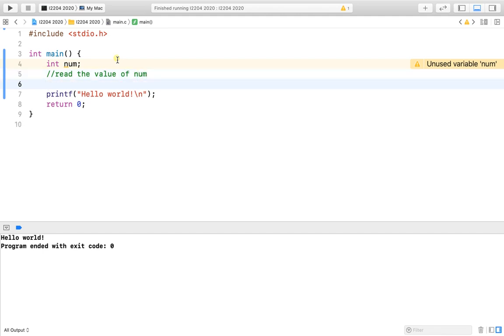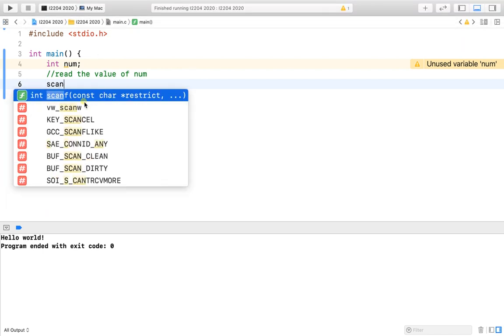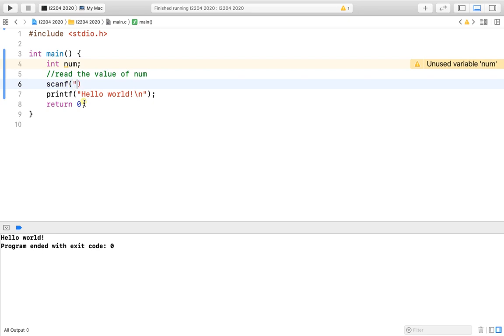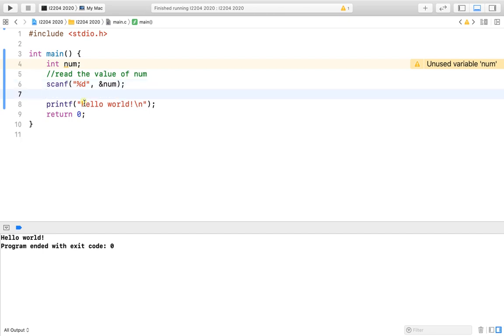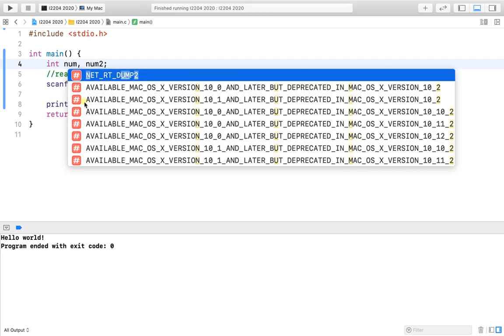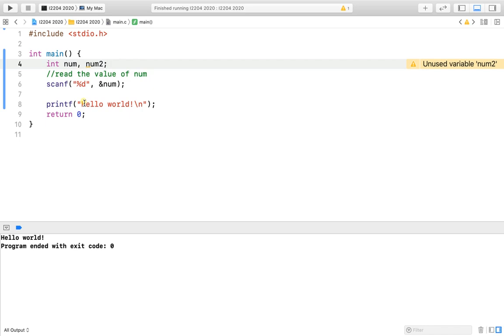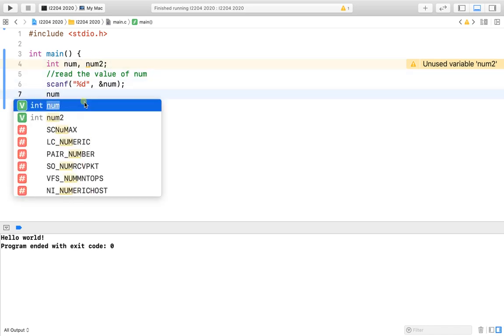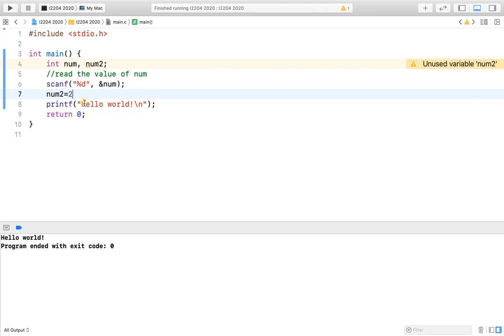So what I have to do after introducing include stdio.h is to scanf this number from the keyboard. So scanf %d, comma, and num, and then I have to calculate its double. So let's declare another variable here. Let's call it num2, and then I will say num2 is equal to 2 times num,